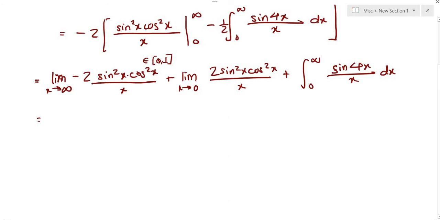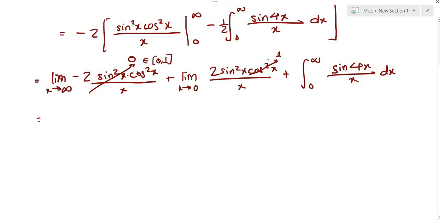We can roughly say, well, as x tends to infinity, it will have some value in between that. We don't know exactly what, and we don't care now because it's not helping the limit go to infinity. So we don't care about that at all. As x tends to infinity, 1 over x will go to 0. So this thing will go to 0 because of the denominator x. And now here, as x tends to 0, cos squared of 0 will be 1.